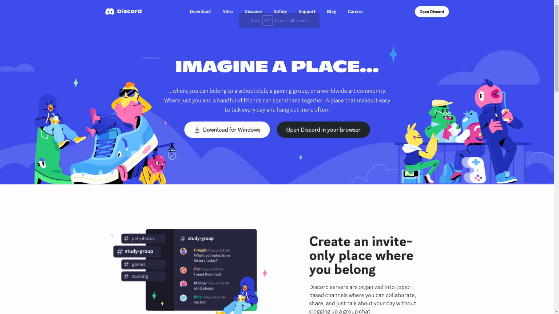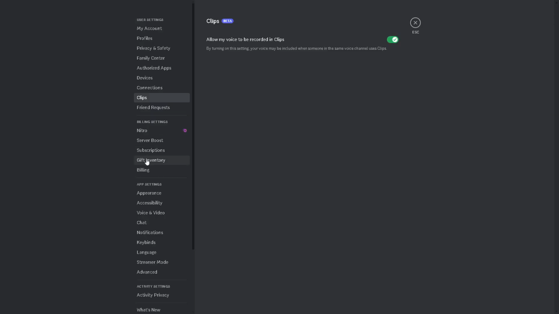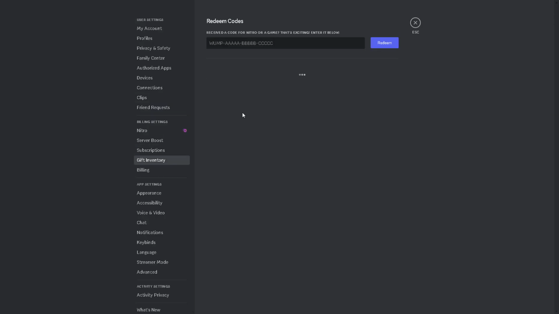Now I'm here on my other browser, and all I have to do is click on open Discord. And again, it's the same process. Click on the user settings in the lower left corner. And from here, try to hover to the gift inventory to see if you can see the YouTube Premium offerings here. But if it's still not appearing despite all of that, you might need to go to